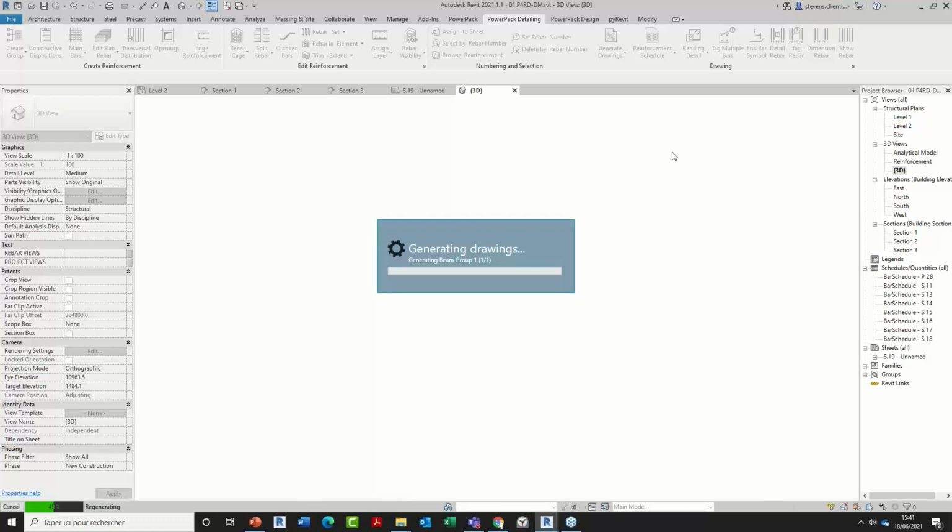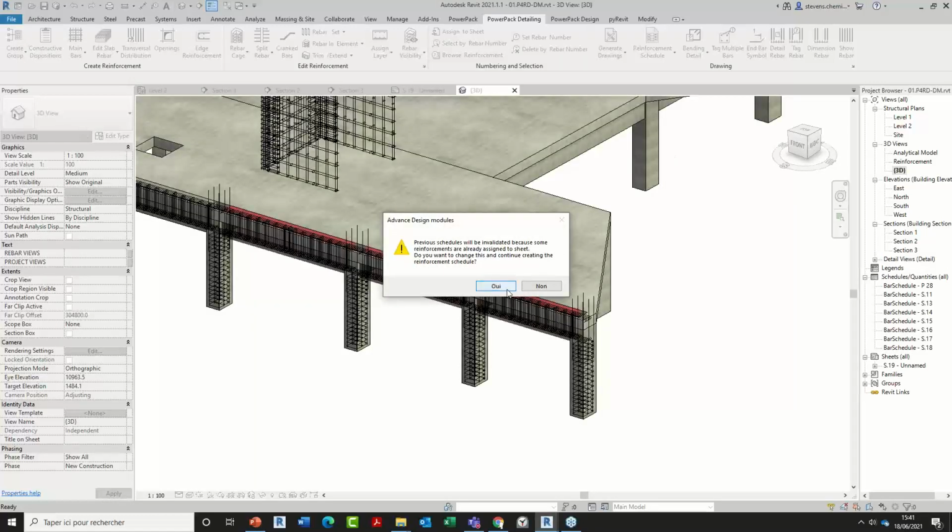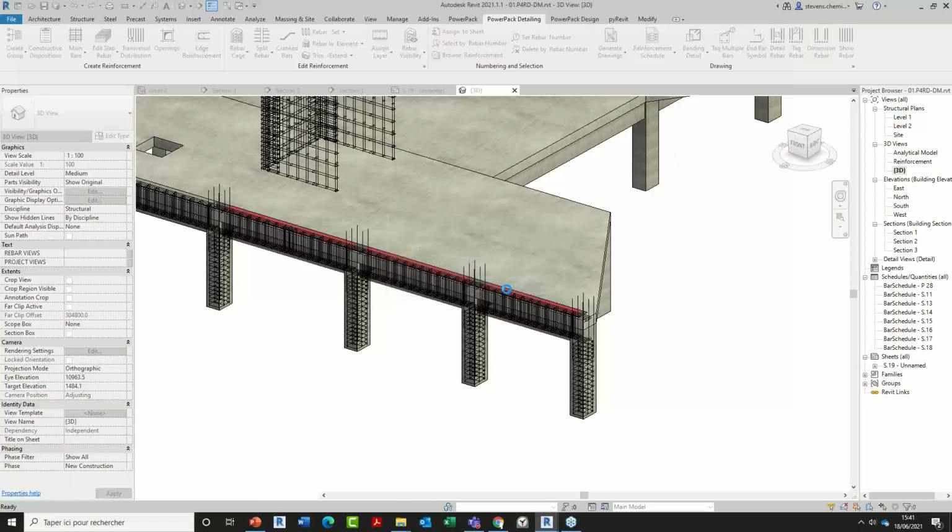I didn't set these settings, but it's possible. Place the bending details, place the tags I want, apply my own Revit view template to those views.